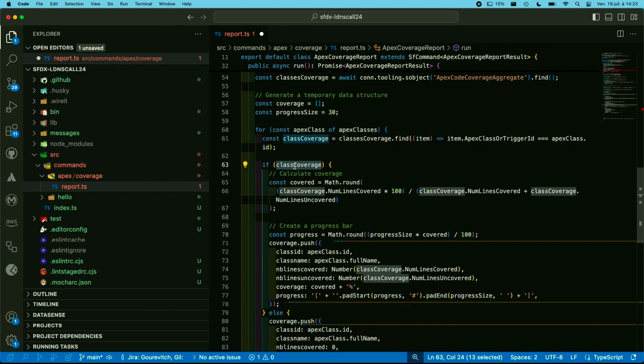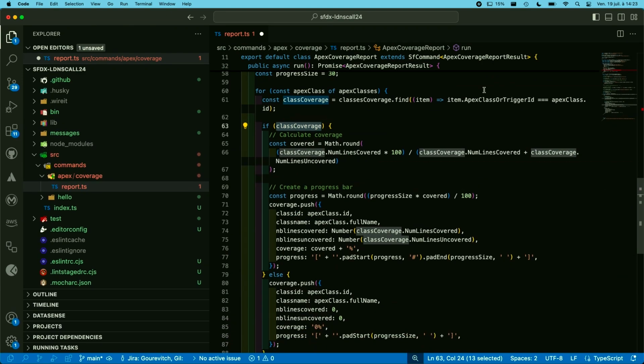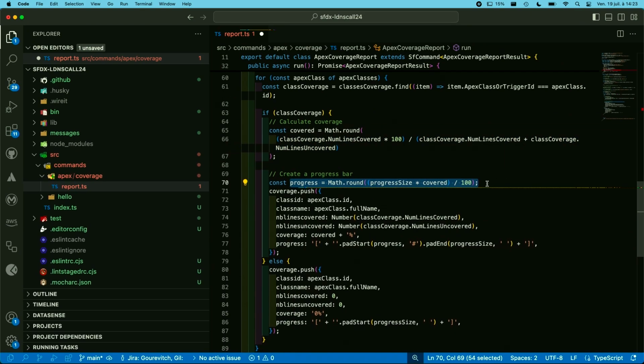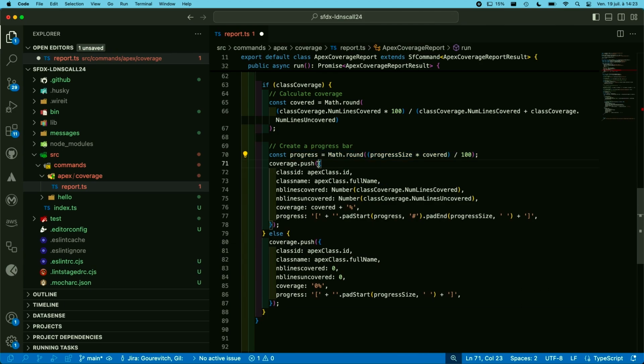If I find a record based on this ID, it means that this class has been covered by at least one test. So I calculate the coverage percentage here and create a progress bar